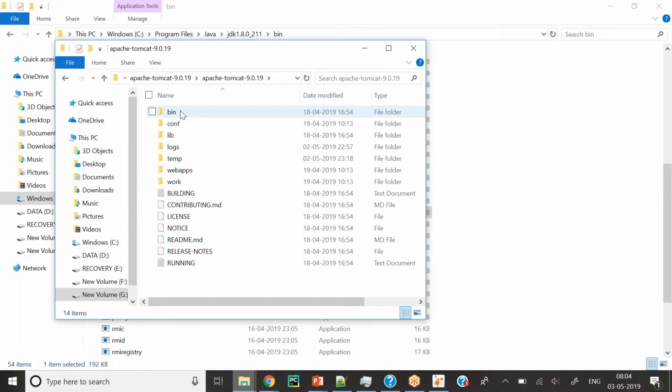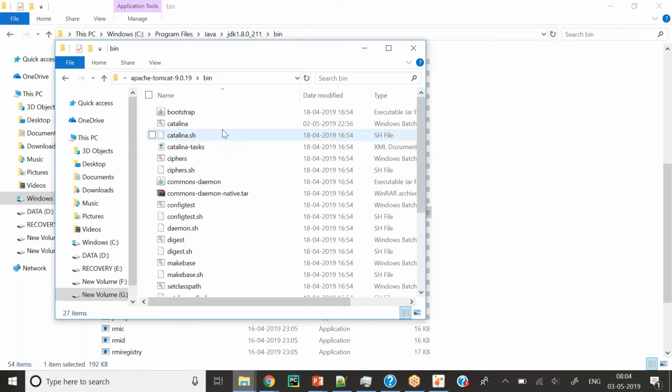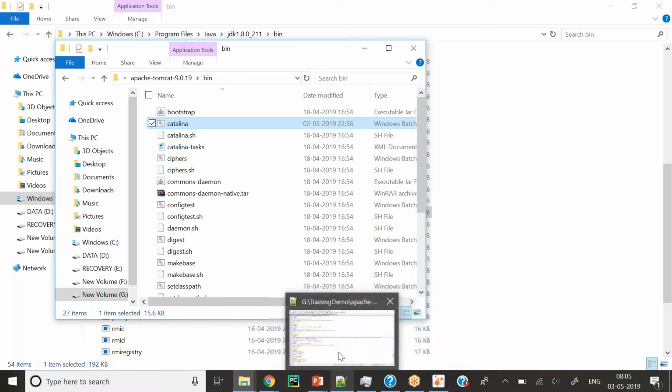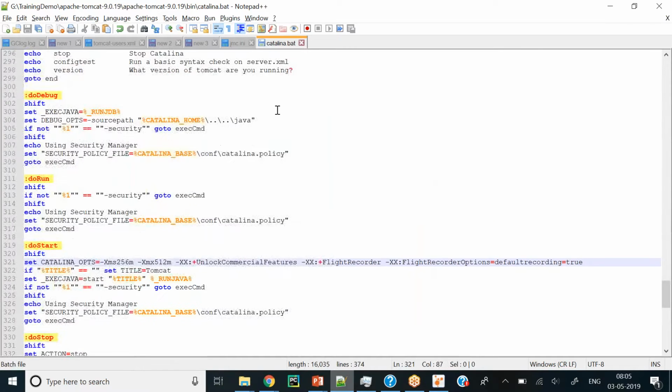So you just go to the bin directory first. Under the bin directory you can find catalina.bat and catalina.sh. These are the two files which will be required for your JVM startup. These are the files which have the criteria, or the options, as defined for the JVM to start. catalina.sh is for Linux and Unix OSs, and catalina.bat is for Windows. We are interested in this one as of now because we are on a Windows machine, so I already have opened that catalina.bat file.